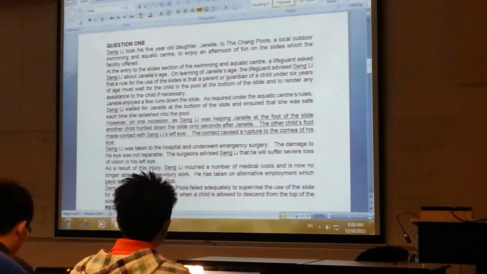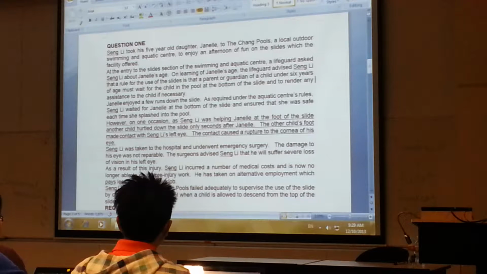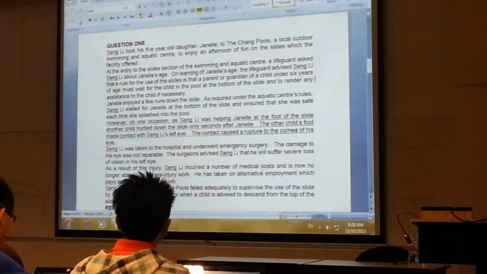Alright? So you can see here, they went to the public swimming pool. Sing Lee was hurt by another child. Right? He was taken to hospital. Damage was not reparable. Right? Severe loss of vision. He has got expenses. Right? And then